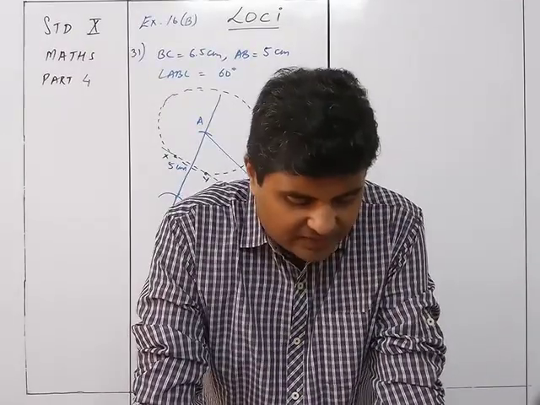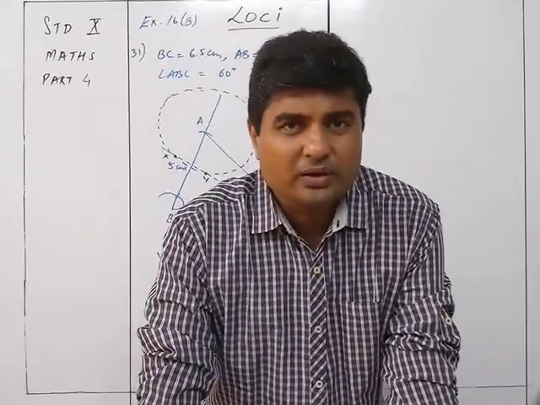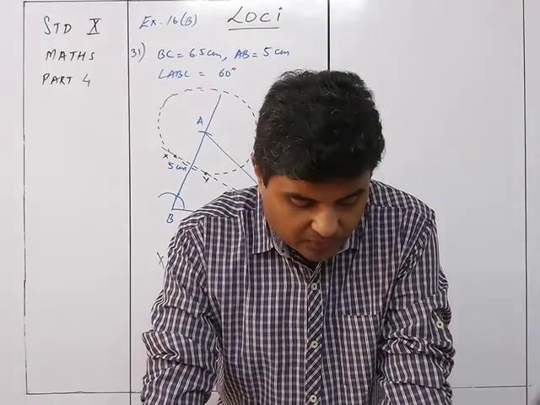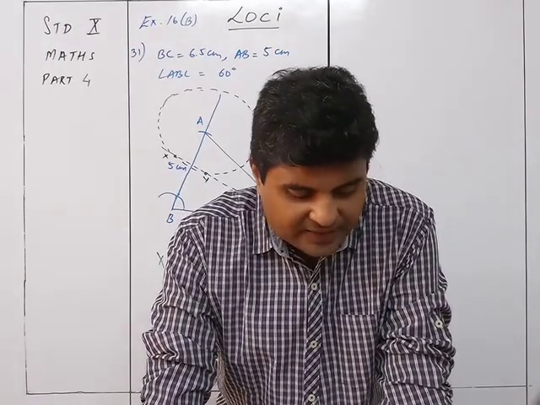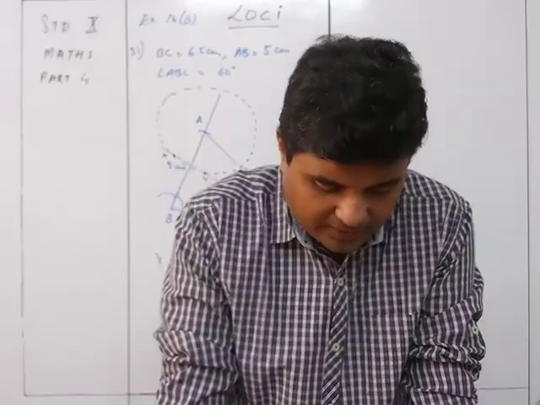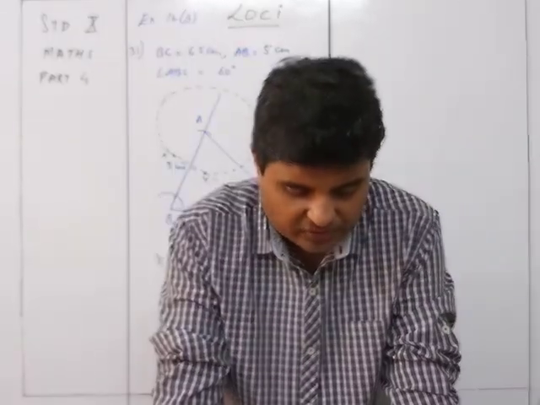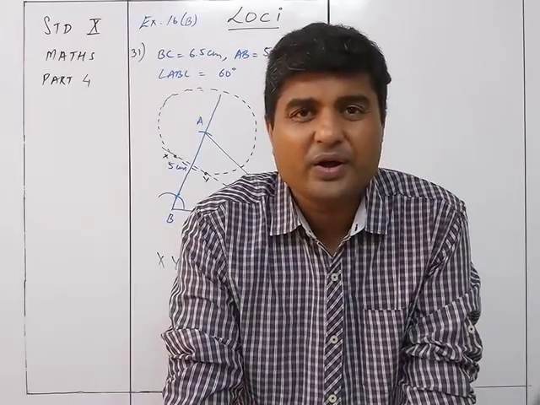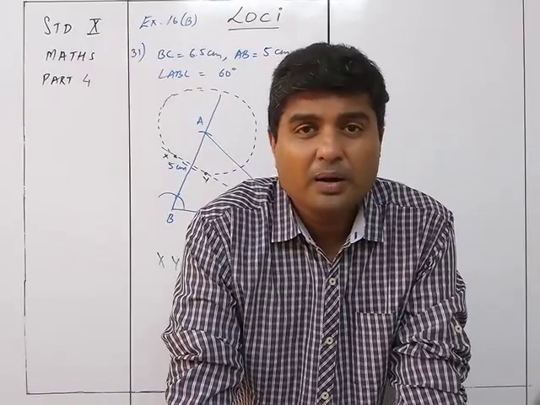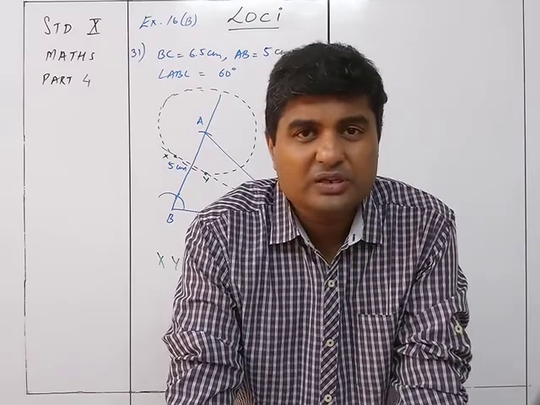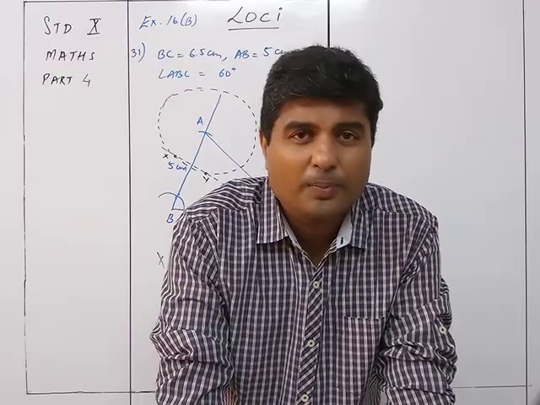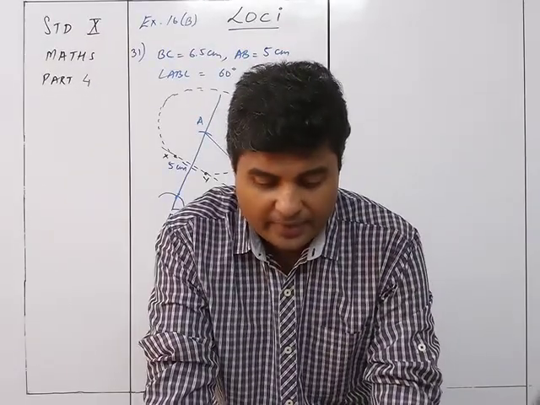Now they are giving you certain important notes over here, and I think we should read a part of it. First, each triangle has three medians which intersect each other at one point only. The point of intersection is the centroid of the triangle. So we know very well that the centroid is the concurrent point of the three medians, which intersect each other at one and only one point.